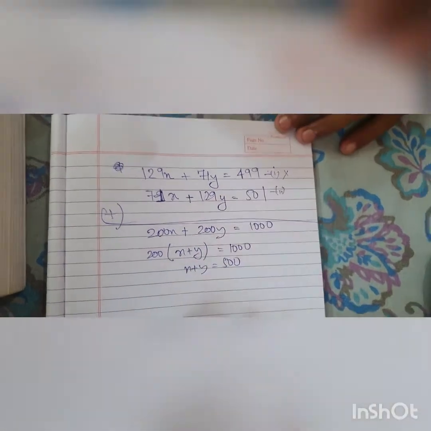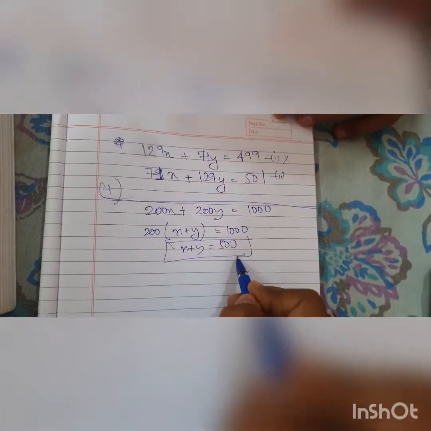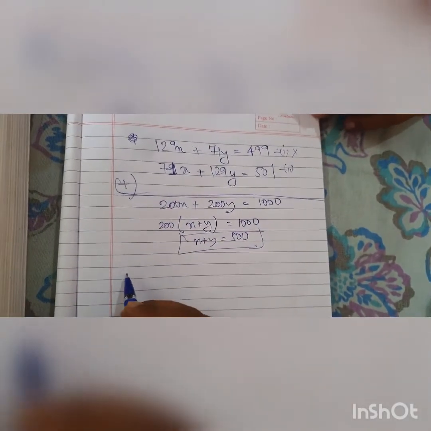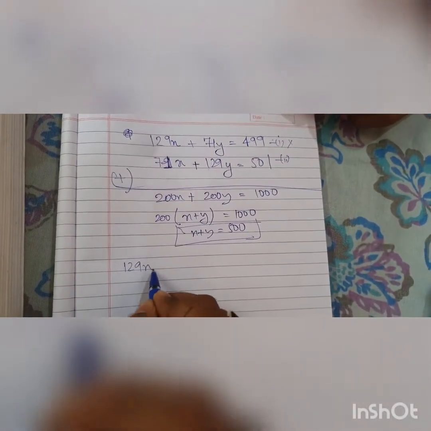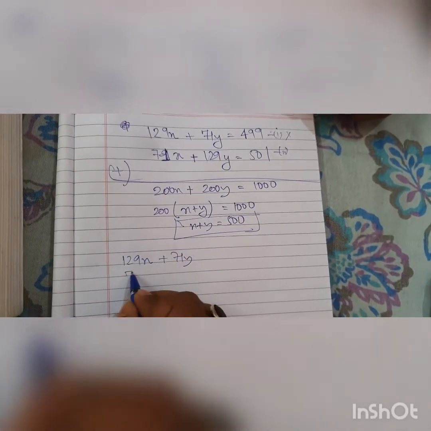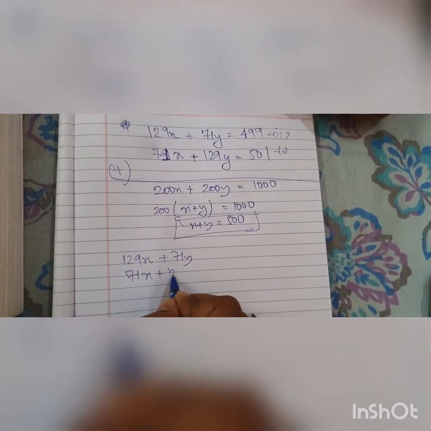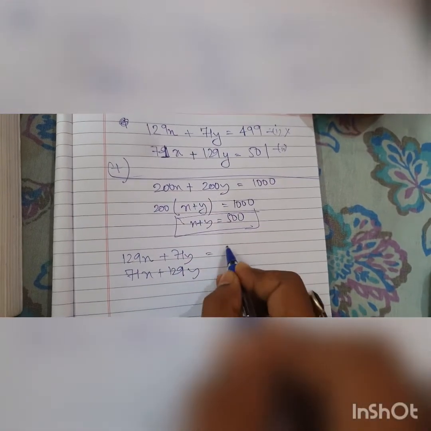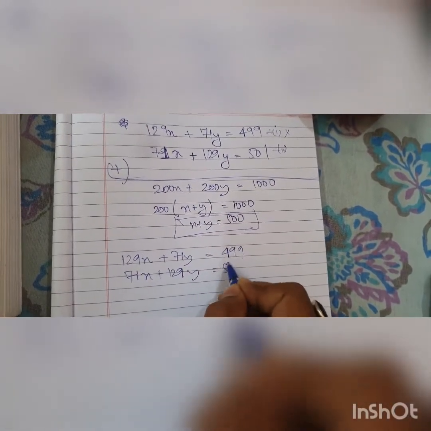so x plus y is equal to 5. Then this becomes your one equation, and then you do one thing: to 129x plus 71y is equal to 499,